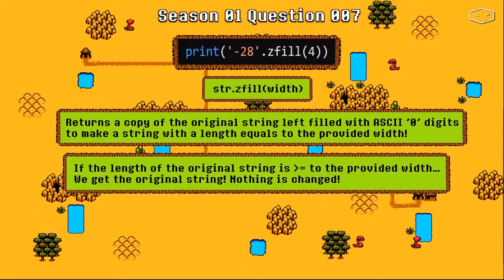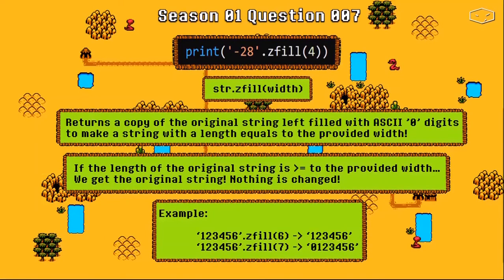Nothing is changed. As an example, we have this. This string has a length of 6. In the first case, we provide the number 6 as a width, so we get the same string. But in the second case, we provide the number 7, so we get a string with a 0 to the